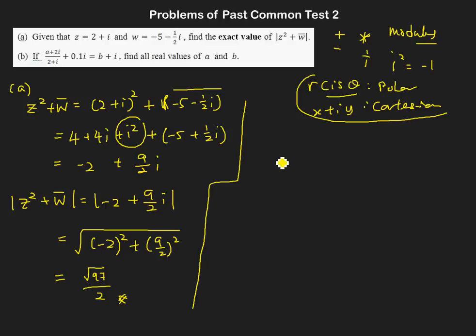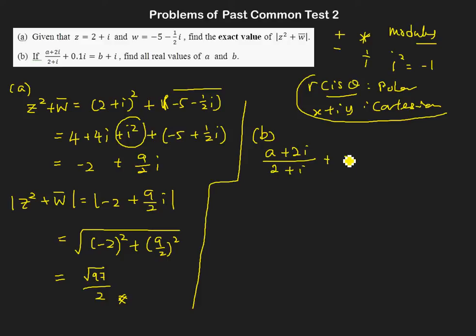Now the part B, there are a couple of ways to go about it, maybe 2 or 3 ways, depending on how you start. I would use the division, meaning I'm going to divide the two complex numbers before I do any calculation. So we start with this. I will probably skip a few steps,